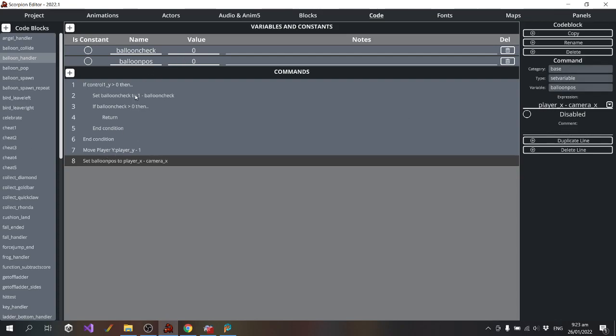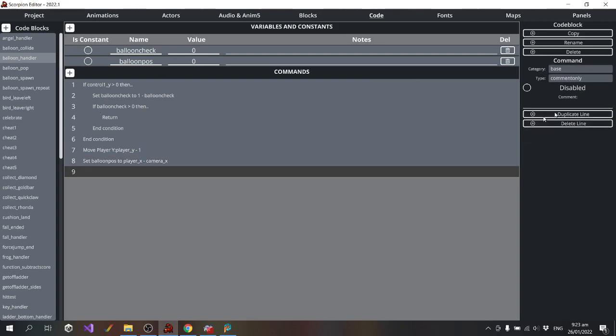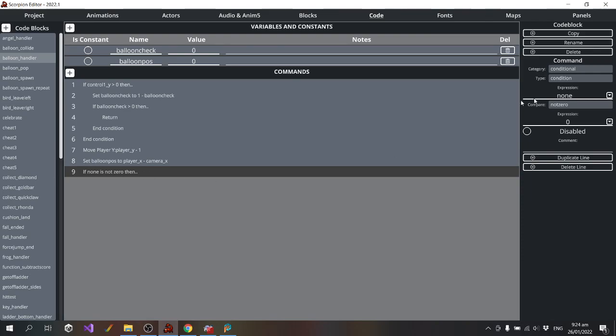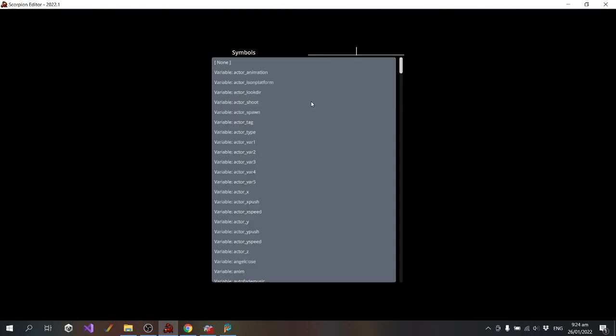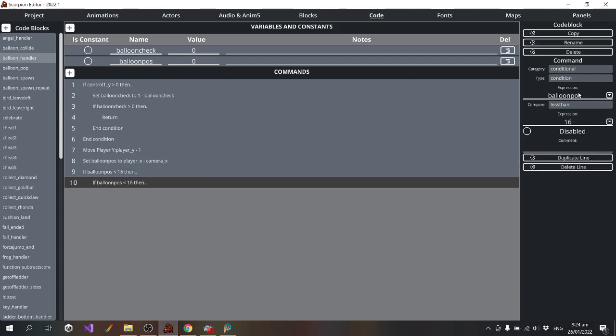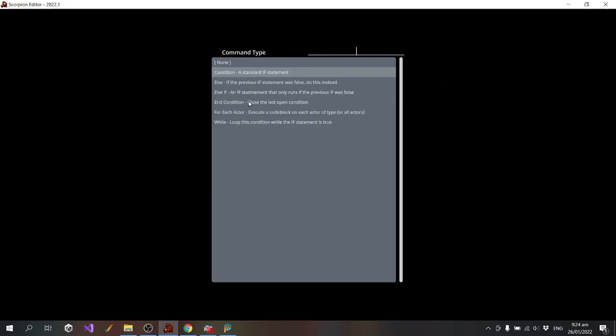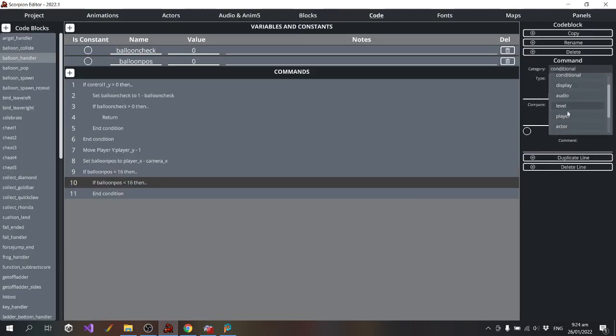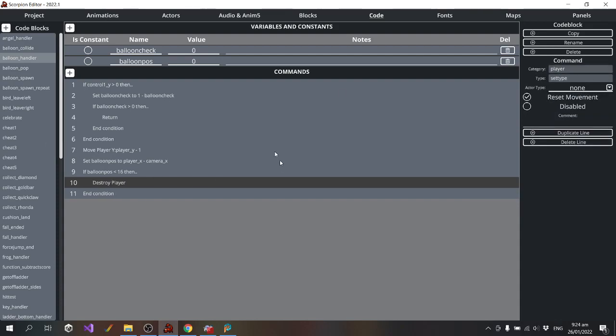Pretty much, yes. So I need to write an if statement here. So from this drop down, I want to say, well, make it conditional. And so then I want to say, well, if balloon pos is less than 16, then I then want to move the player so the player can't get too far to the left.